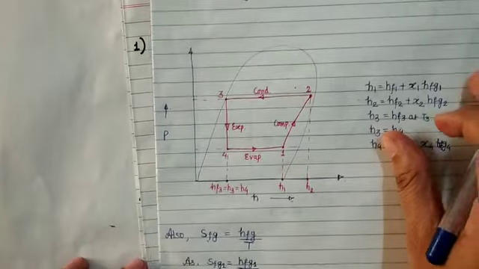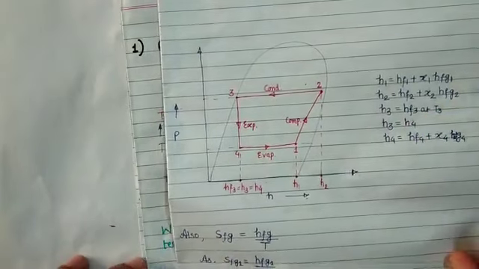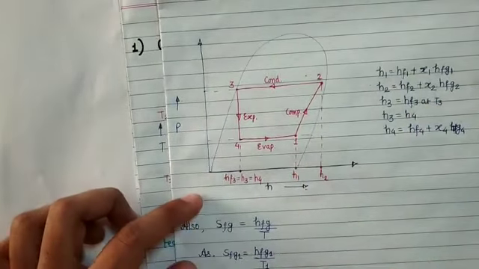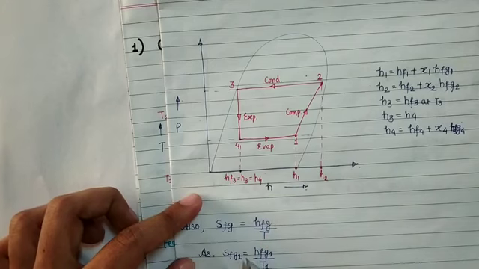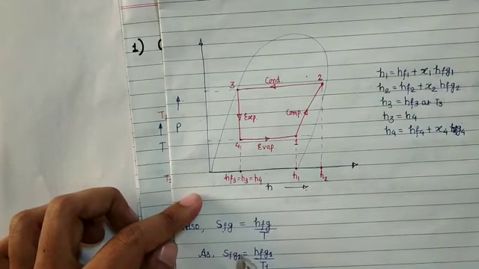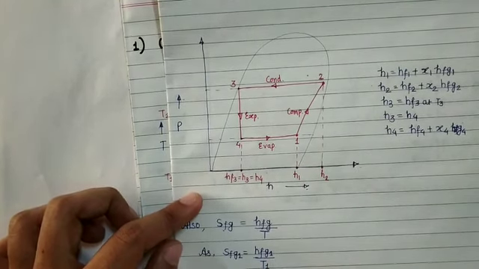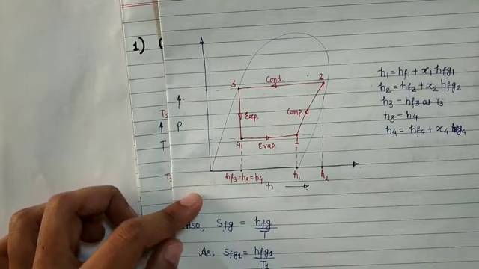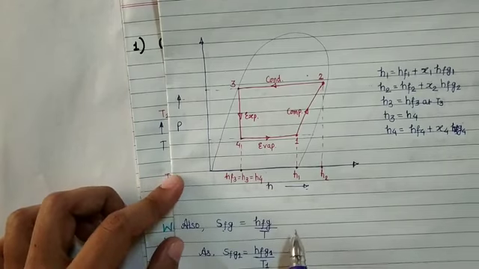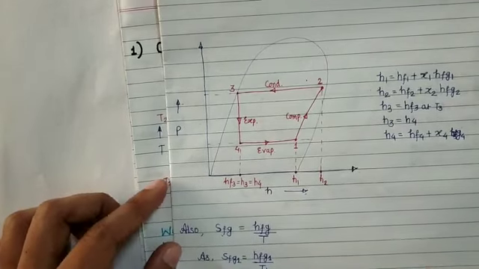One more thing is that we can calculate the value of sfg through the formula hfg by T. Similarly sfg1 can be represented as hfg1 by T1. So if in the numericals the direct value of either hfg or sfg is not given, or any value is missing, this formula can be utilized for the same purpose.